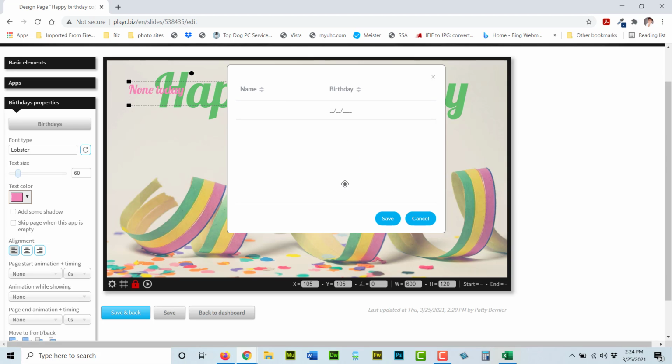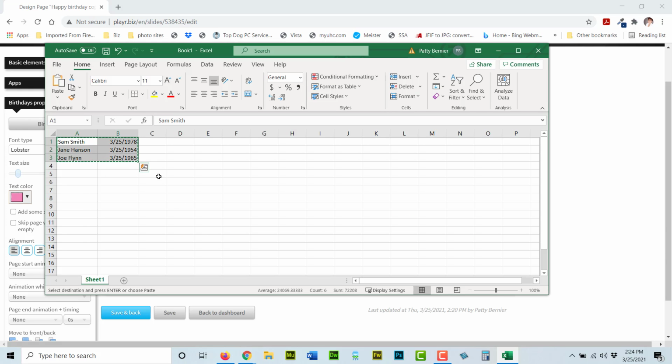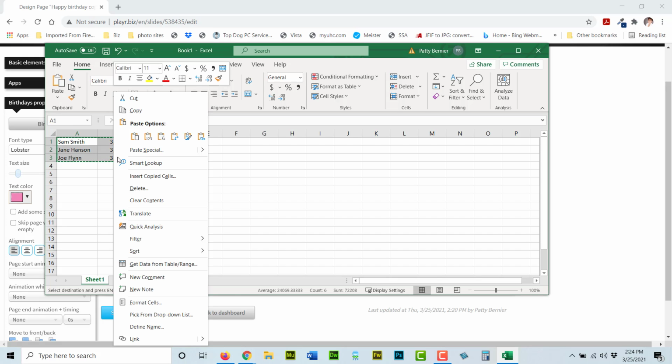Well, I would like to preload this ahead of time. We have several birthdays in the month of March. And instead of me typing every single name and every single birth date, what I'd like to do is create a 2-column spreadsheet. So you can do this on Excel or Google Docs, Google spreadsheet or anything like that. So I have created 3 names, and I'm going to just highlight that information, copy it,